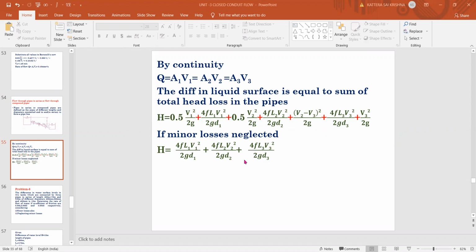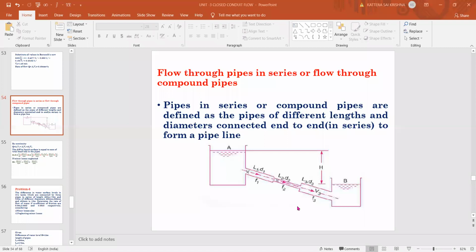Right. So this depends on the question. If it is asking to find the total head loss, we need to take minor as well as major losses. And if it is asking to find only the head loss because of the friction, the major loss, we need to use this one. Okay. If you have any doubt, you can ask here. This is the easiest topic actually. Roughly, you can take the diagram and see what all losses are happening here because of the friction as well as the different minor losses.